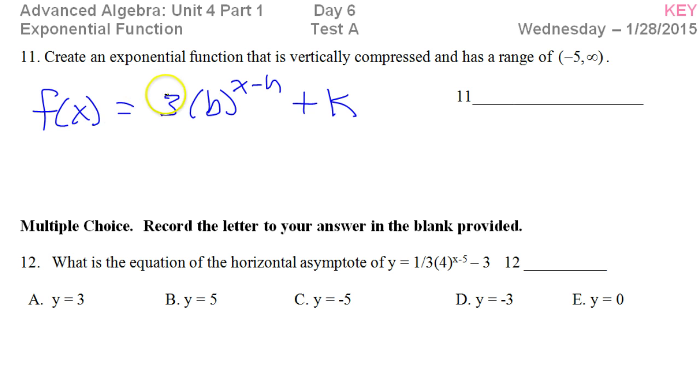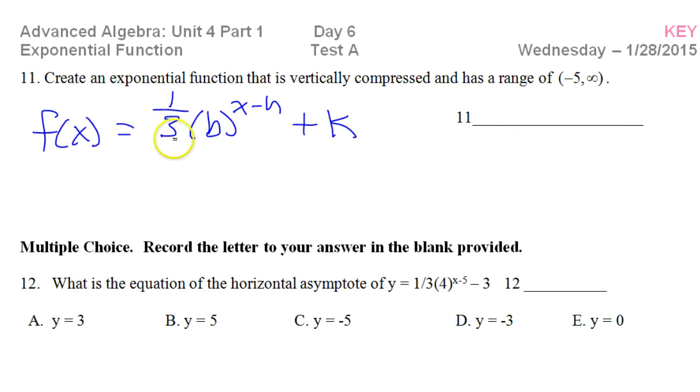So I guess I should technically say if it's between 0 and 1, like 1/3, for example, then that's going to be a vertical compression. This would be vertically compressed by a factor of 1/3. So I'll just leave this 1/3 because now I have a vertical compression like we wanted. Now we want a range that goes from -5 to infinity. Well, if you just can picture,